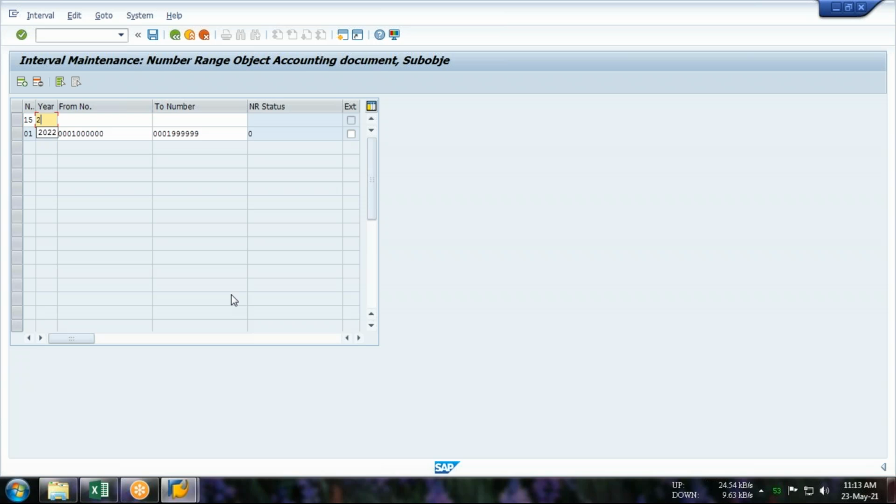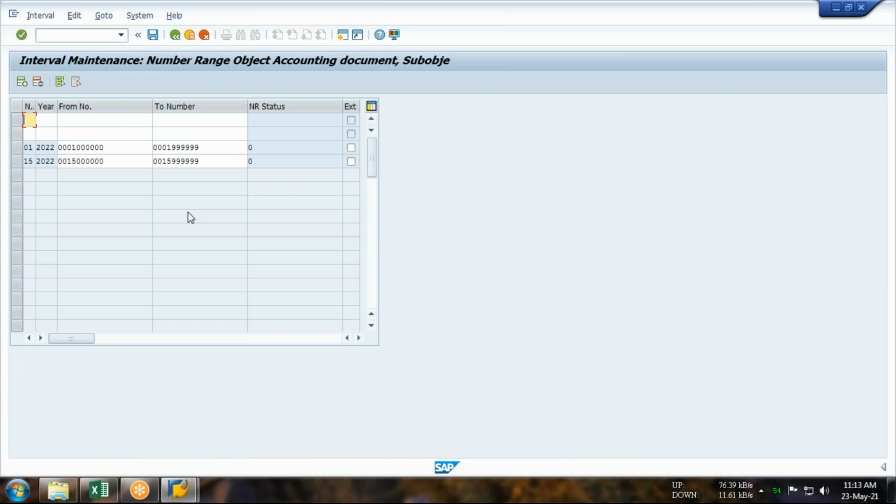Next, enter 15, year 2022. So 15 followed by 1, 2, 3, 4, 5, 6, and then 15 followed by six 9s. And next is 19, year should be 2022 always for the 21-22 financial year.